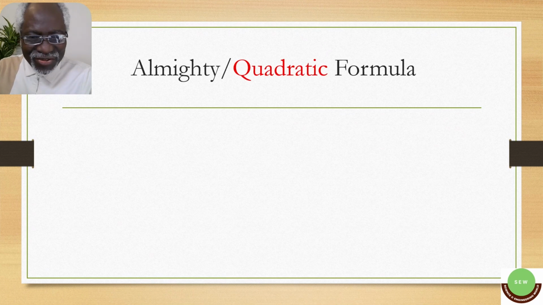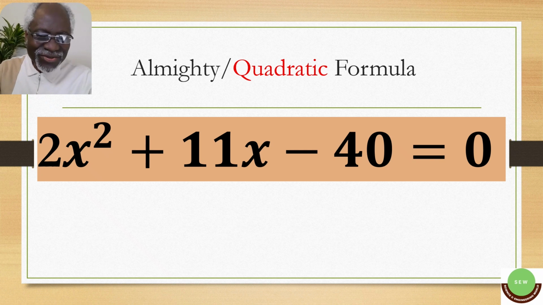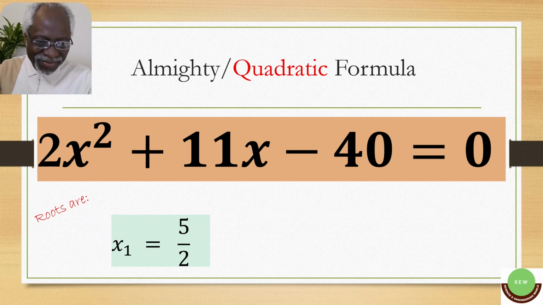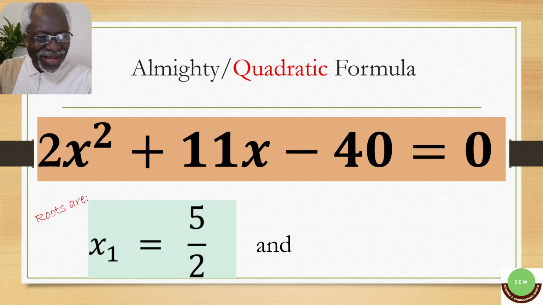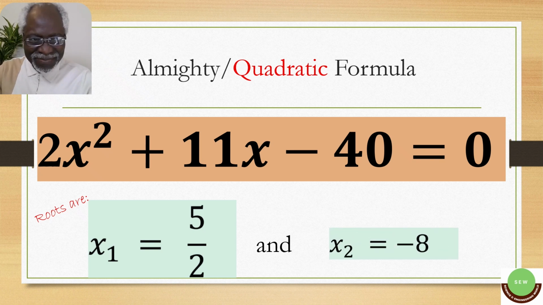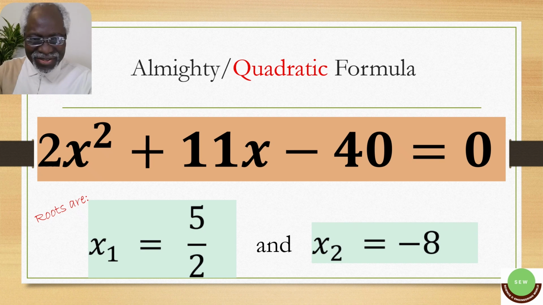Now, using the quadratic formula, we have been able to arrive at the roots x equals 5 over 2 and x equals minus 8. So it is interesting to know that all the four methods we have used are in agreement. That is, the completing the square, the factorization, graphical method, and quadratic formula have given us the same roots of